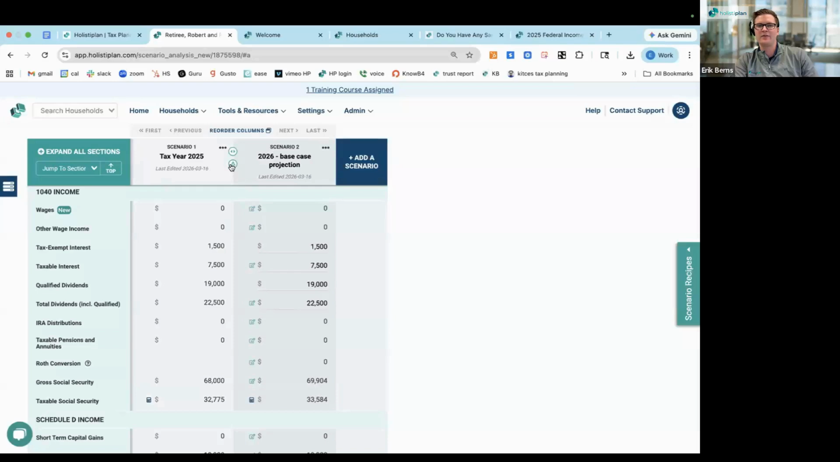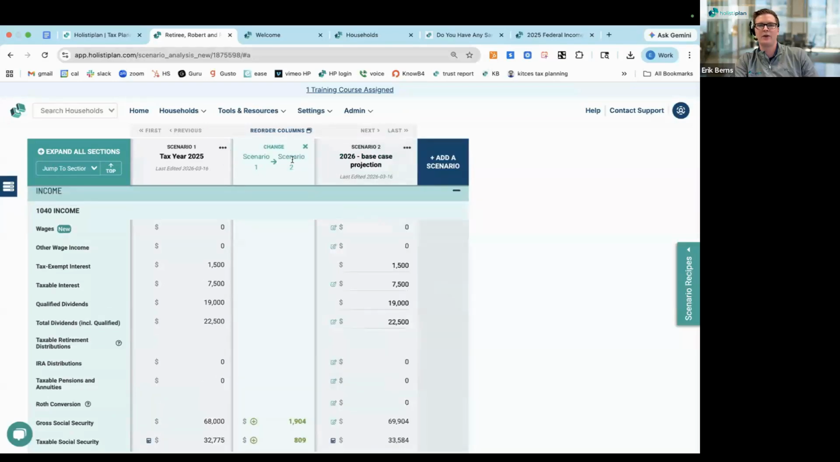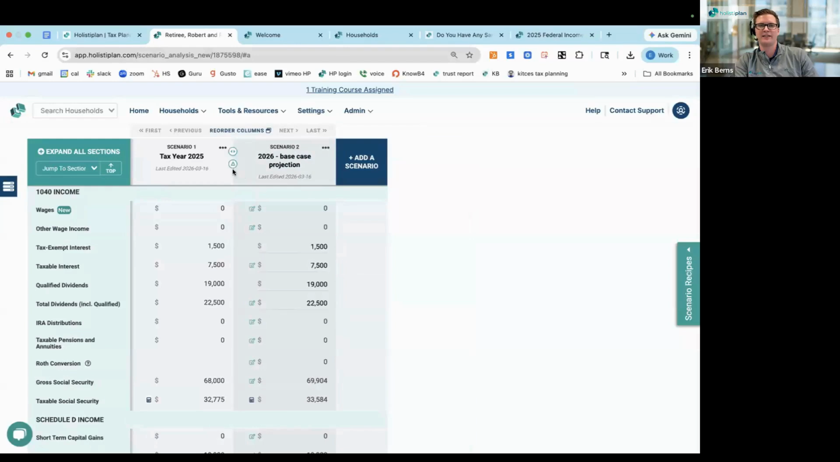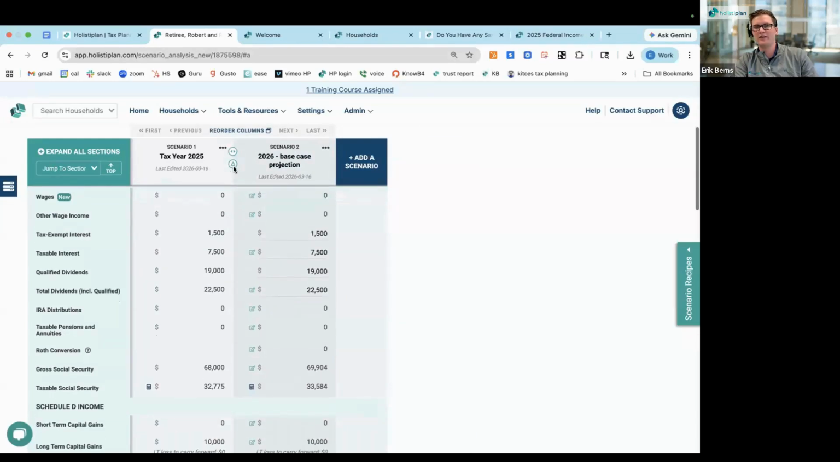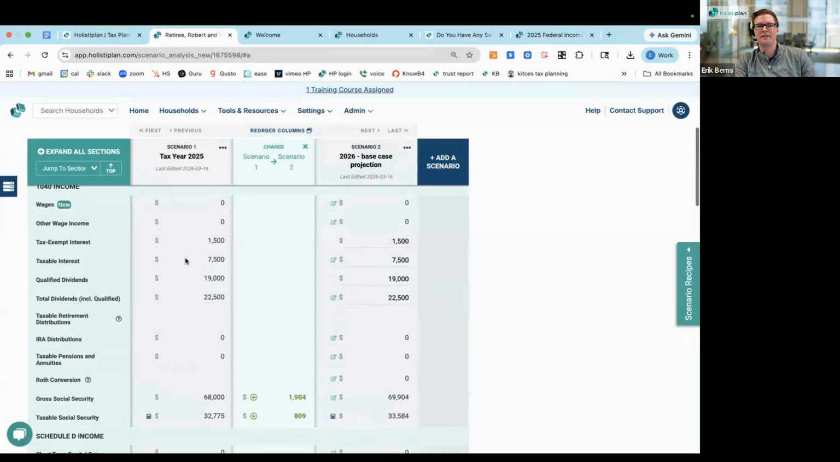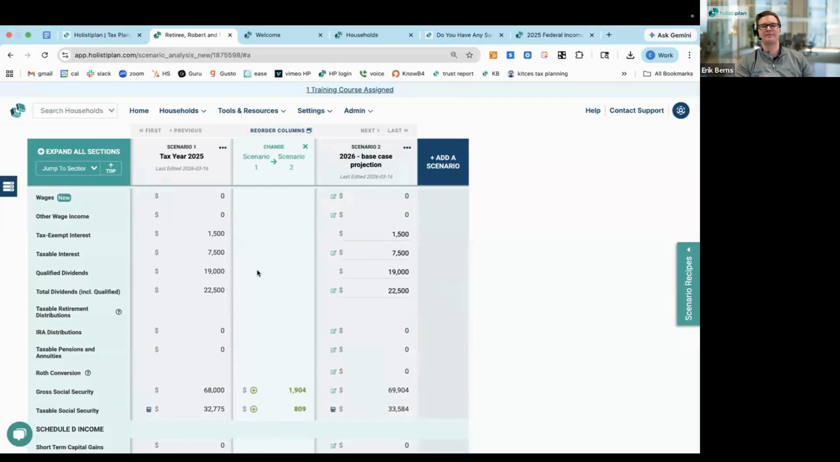Now I can see the delta between scenarios. So if you hover, I'll do that again. If you hover right in between these two columns, you can see this little delta triangle. And it'll show you everything that's different from one scenario to the next. So here's my base case. We have one small change,